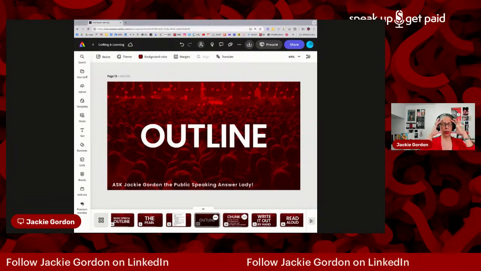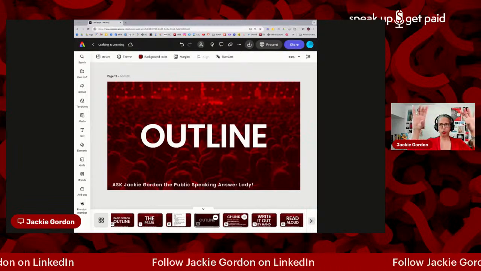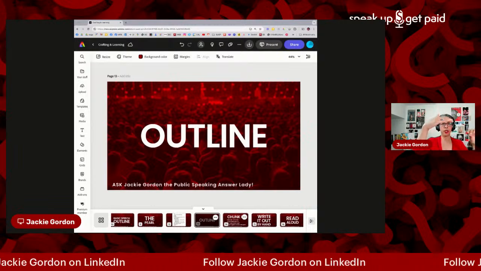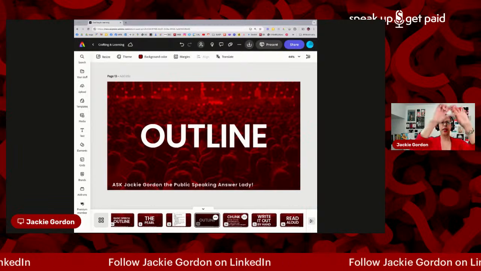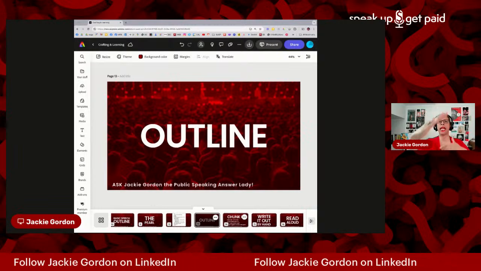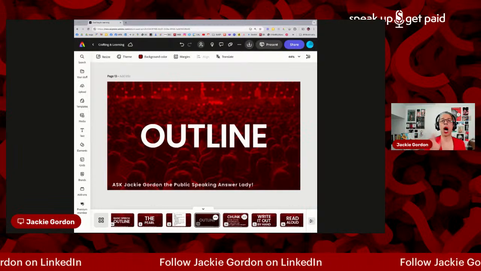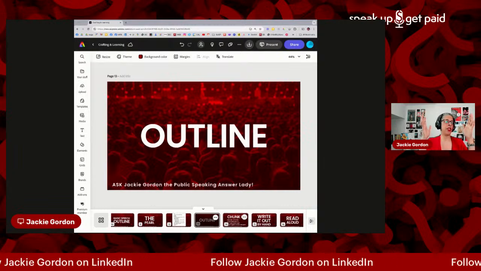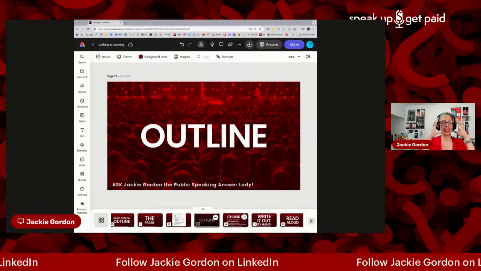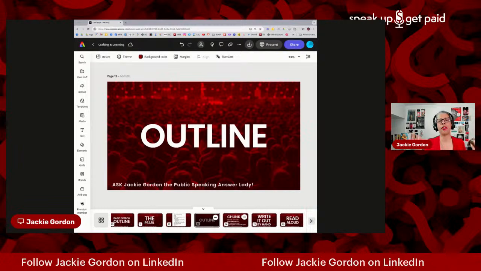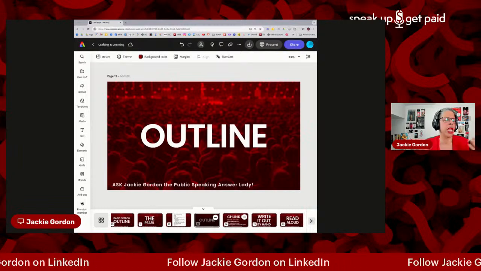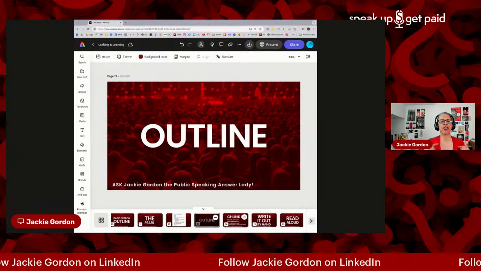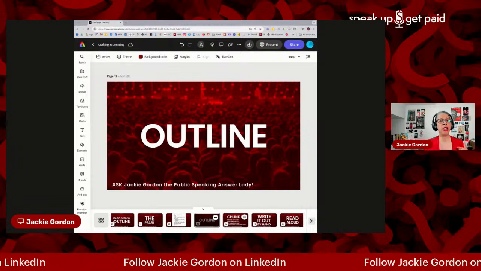But the outline is a great way for you to break your speech up, your presentation up, so you know the sections, because it's easier to remember the sections than all of the detail within the speech. So I start with an outline, but the way that I work, I like to memorize the entire speech. And I know there's people out there who say you shouldn't memorize your speech. It should sound natural. But I sound natural working from a memorized speech, because